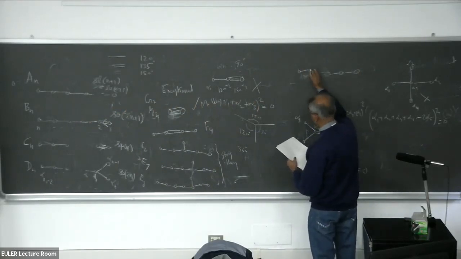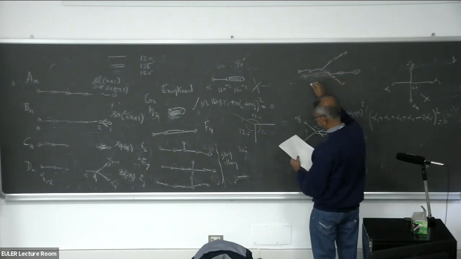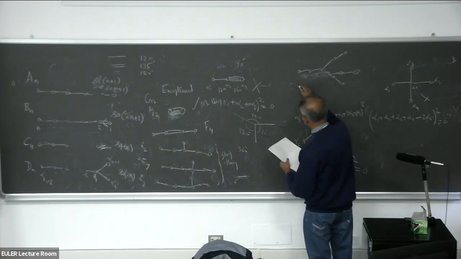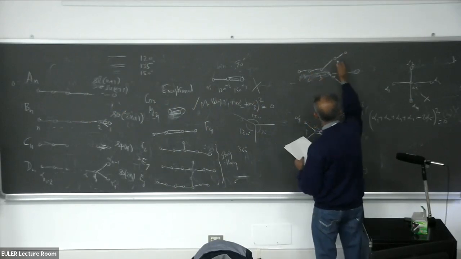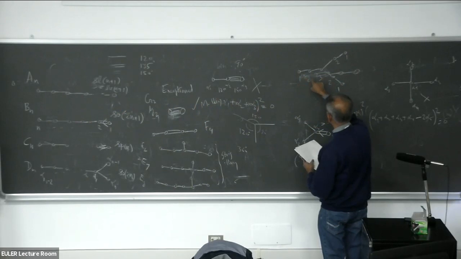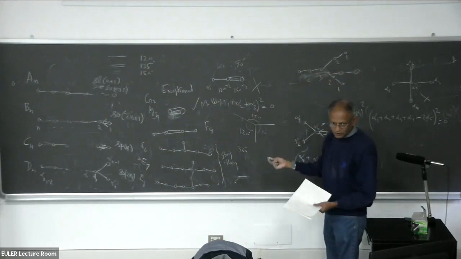For example, you can show that this vanishes. This is not possible by taking a linear combination with 1, 2, 3, 2, 1, 2, 1, which means 1 times this root plus 2 times this root plus 3 times this root, and take the square. You can show that it is